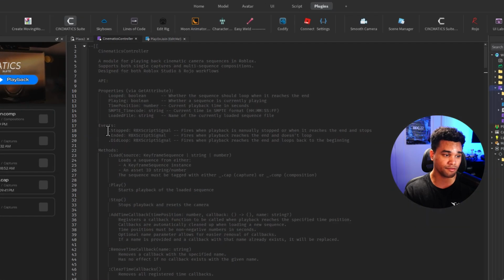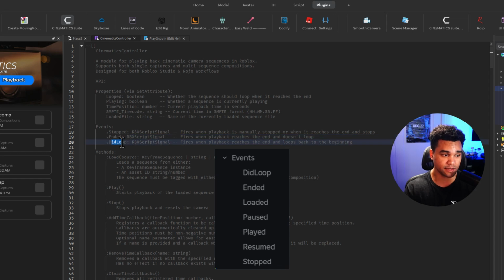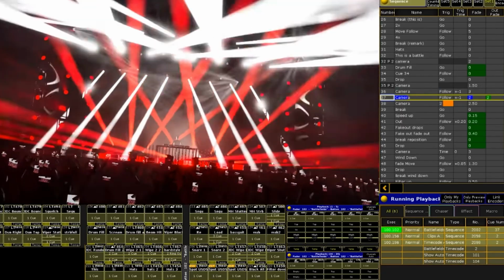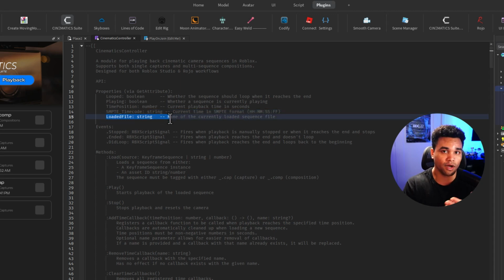It gives you certain events that are reminiscent of the sound class in Roblox, like stopped, ended, did loop. You also get additional things like looped, very similar to how sounds work. If you turn on looped, it just loops through. Playing, same thing with sounds. Time position, same thing with sounds. SMPTE time code, which is meant for professionals who are using this with time code things, but it's there if you really need it. Loaded file, which just tells you what file is loaded,